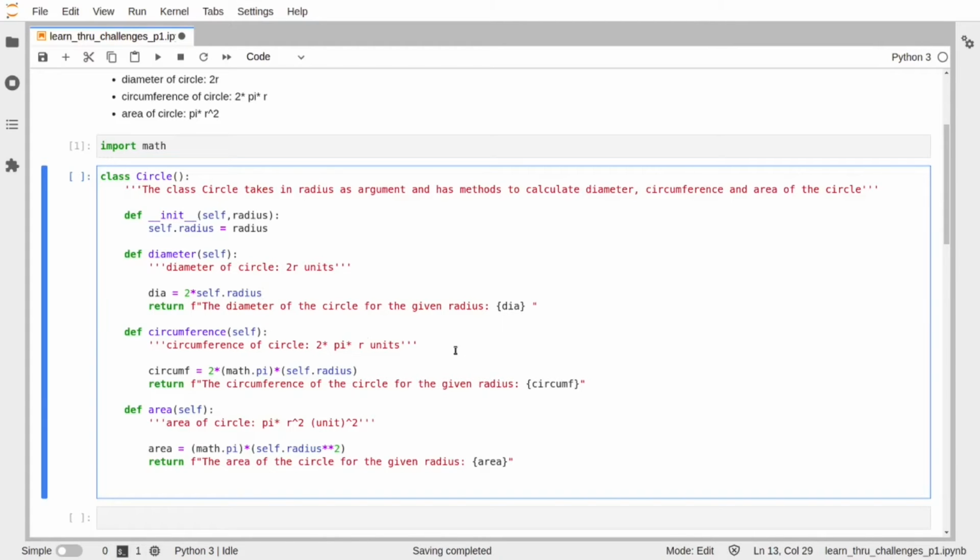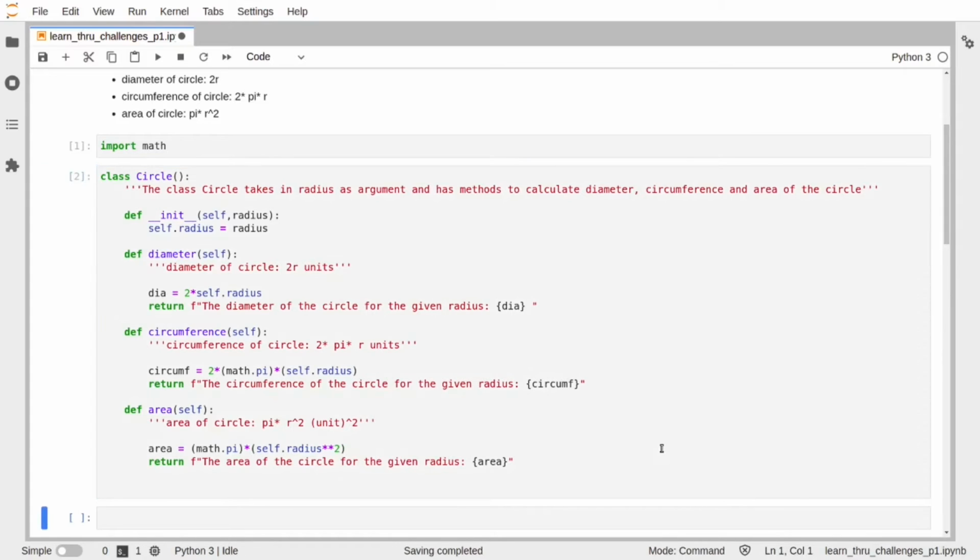I'm just removing the trailing white spaces. Okay, let's run this. Now let's try it out. We're going to create an instance for circle. Now let's write circle1 is equal to